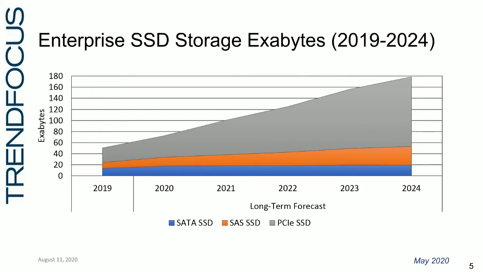There's no looking back now. NVMe is now the dominant interface for all enterprise SSDs, but with the inverse of that, you do still have to look at SAS and SATA. It still is, call it, a third of the exabytes shipped, even in the out years. So still pretty good from a deployment perspective. And as they relate to end markets, each one is going to be more favored or dominant depending on which market we talk to, and I'm going to go into more detail about that later on.